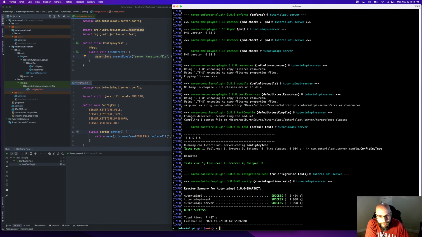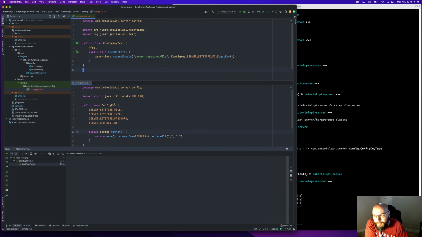However, in our server module, I do see that we ran one test, in the ConfigKeyTest class, and that it took 34 milliseconds to run, and everything was successful. So we do have some tests up and running.